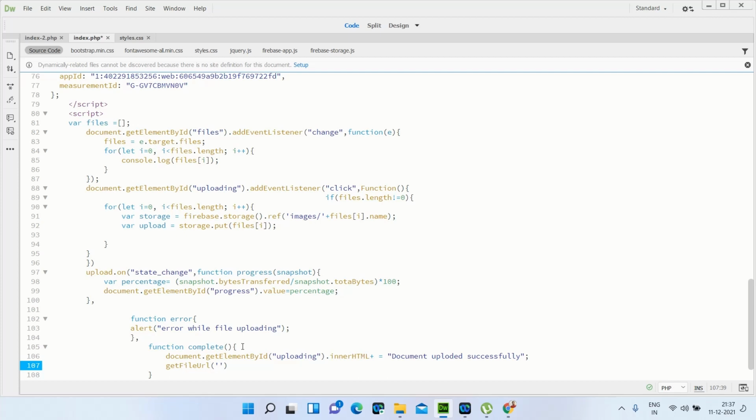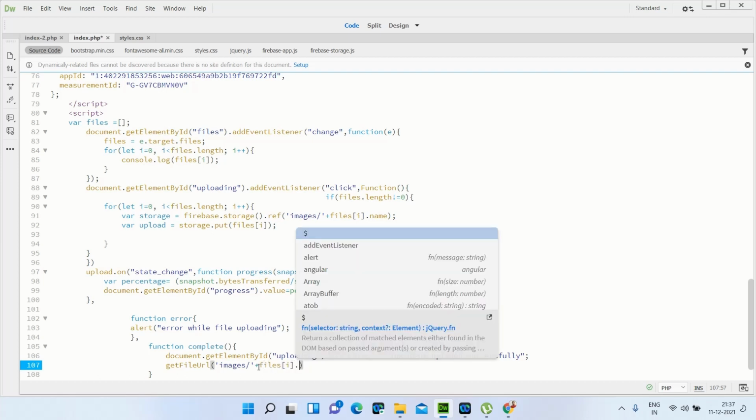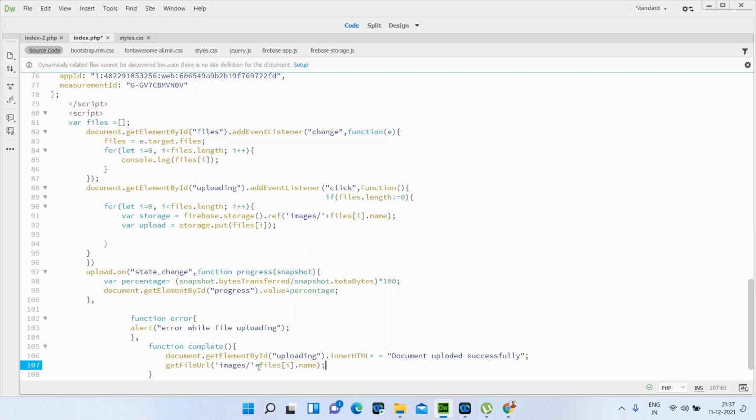So here images slash plus files bracket i and dot name. So the file upload part is completed.